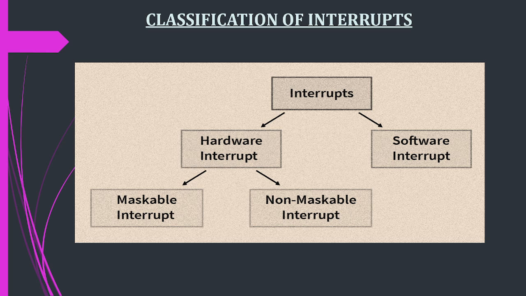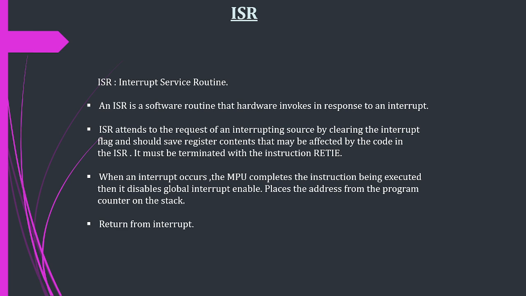The hardware interrupts are classified as maskable interrupts and non-maskable interrupts. The maskable interrupt is a hardware interrupt that can be ignored by the instruction of the CPU, and the non-maskable interrupt is a hardware interrupt that cannot be ignored by the instruction of the CPU. The ISR is the interrupt service routine, and the ISR is the software routine that hardware invokes in